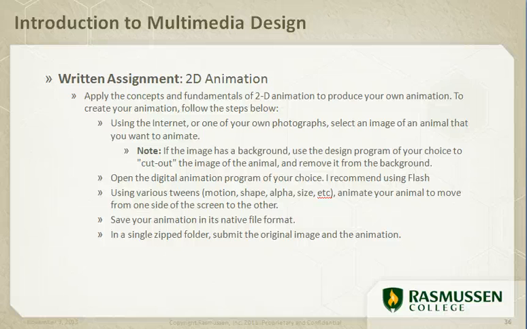For your written assignment, you're going to apply the concepts and fundamentals of 2D animation to produce your own animation. You're going to follow these steps. Using the internet or one of your own photographs, select an image of an animal that you want to animate. If there is a background in the image, and I'm sure that there will be, you want to use a design program such as Photoshop to cut your animal out and then bring that into